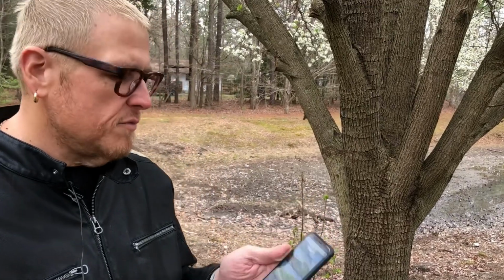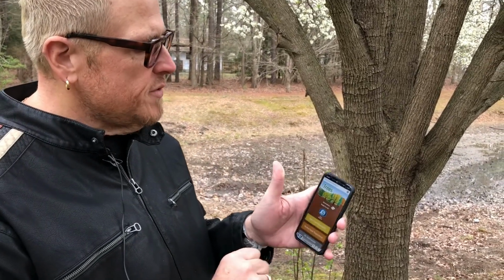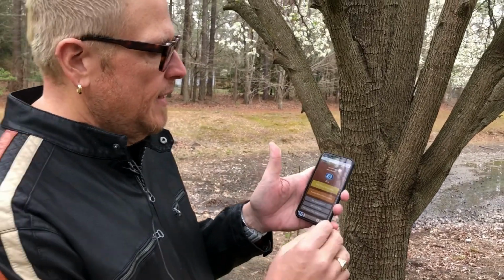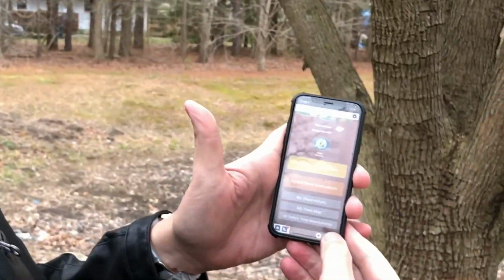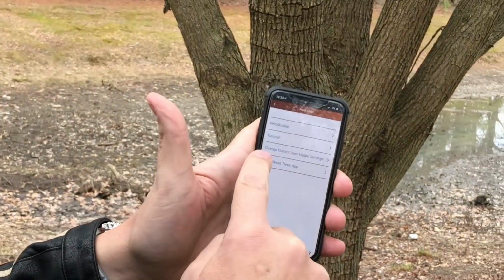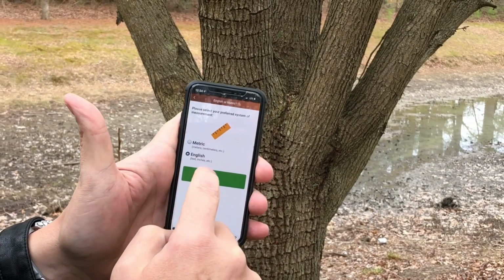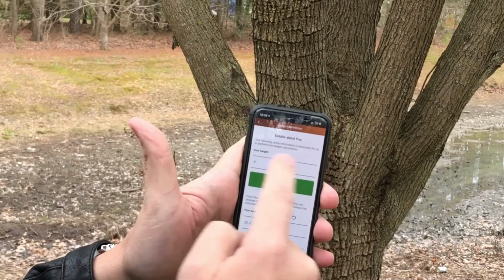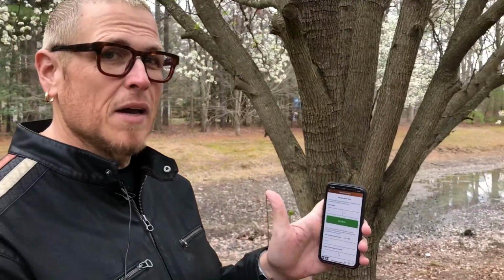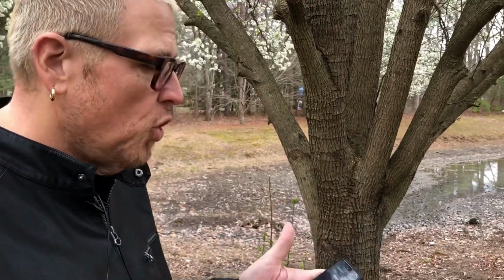So how you can remedy that: when you go into the trees tool, there's a little question mark. That's the help section. You click on help and it says change current user height settings. So you can go right in and change the height of the observer about to take the observation. So hopefully all this helped you in understanding how easy it is to take a tree height observation using the NASA Globe Observer Trees tool.